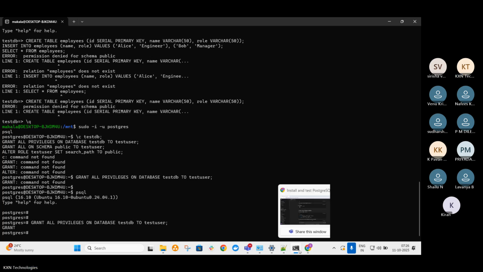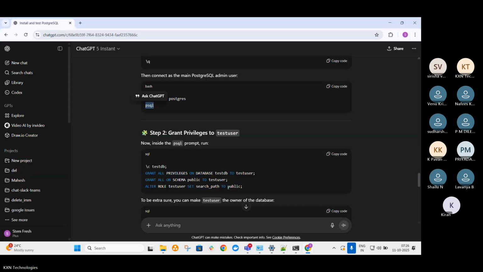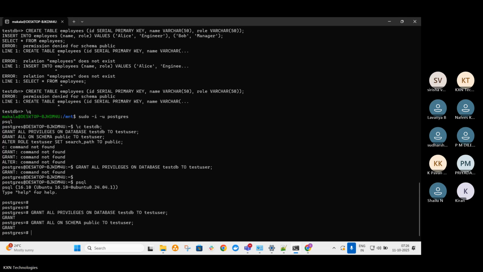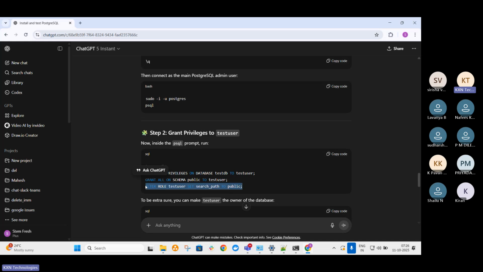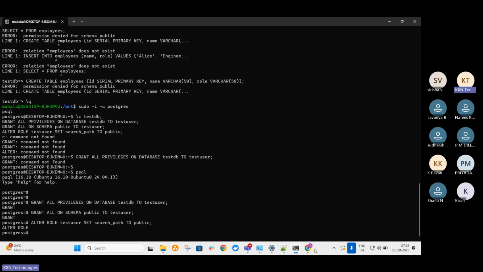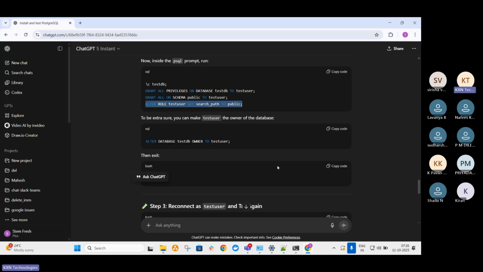Cool, that worked. And grant the schema permission for this user. Cool, grant is successful. And this permission, what is this permission? Role as a test such path. Okay. We don't care what that is, but yeah, let's give all the permissions which are required. Once it is done,